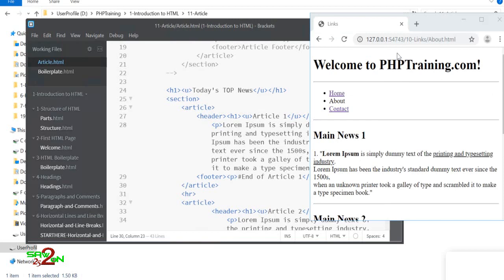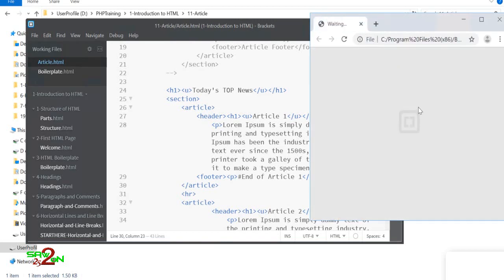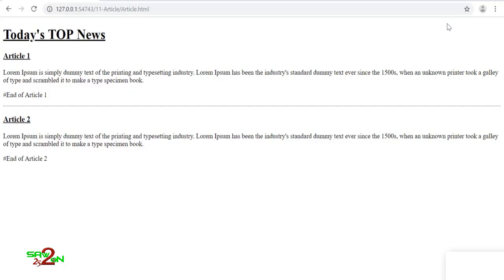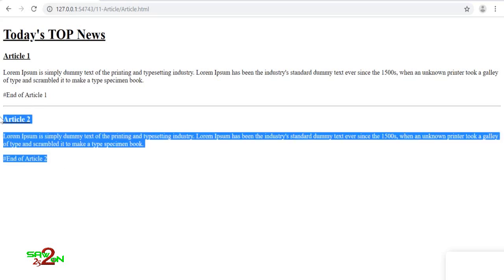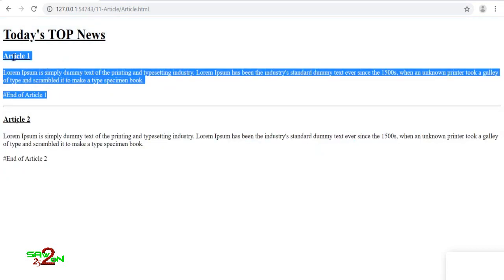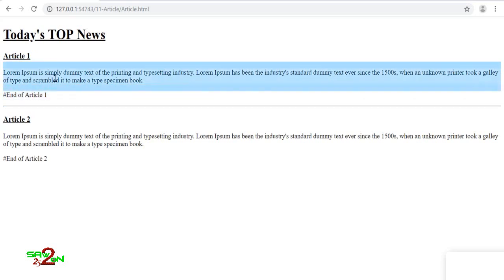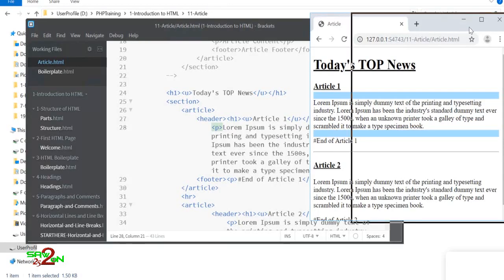Okay, let's do a preview of this. Okay, so you see beautifully, you can see all the articles nicely published here. And if you look at the source code as well, it's easy to read, right? You have not used all the p tags and h1 tags. Instead of that, you know this is an article. So now to get those articles nicely formatted, you have used something called a section, article, header, footer and the p tag.